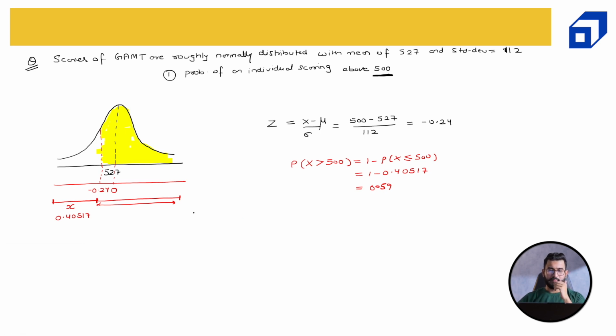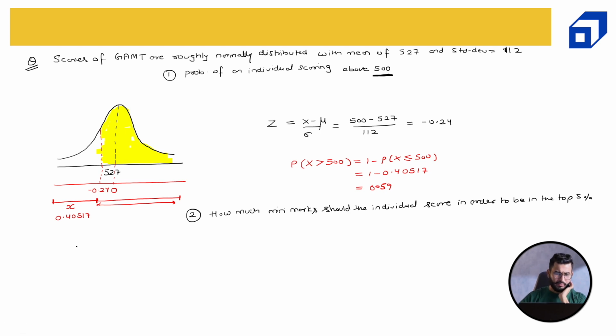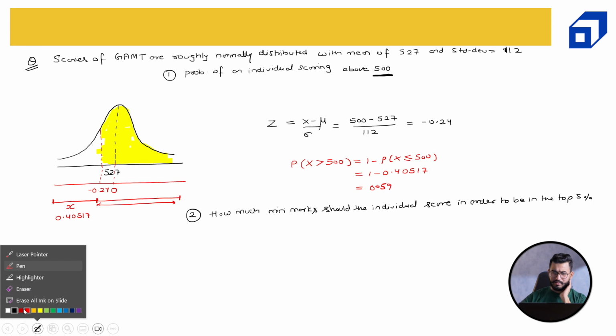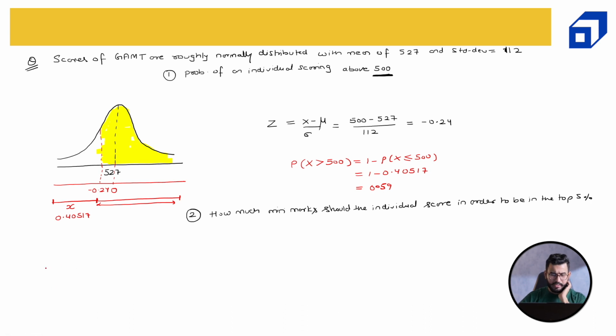Let's say there is one more question in the same example. How much minimum marks should the individual score in order to be in the top 5%? Now this is a very interesting question, and if you guys can understand it, you have understood the complete normal